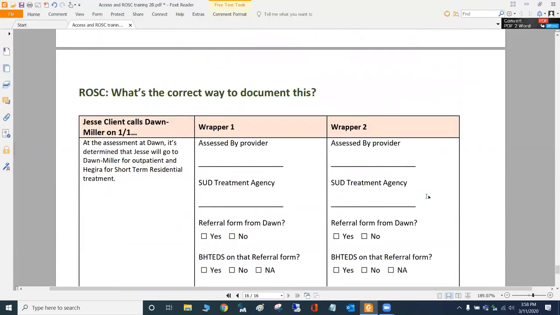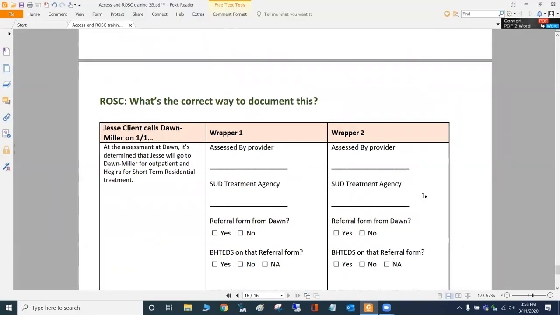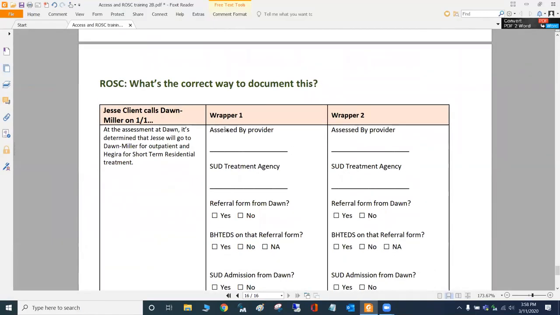This last page is strictly a ROSC situation. So CMH access, you don't necessarily need this unless someone is telling you you do. Did you guys have a chance to look at this one in your 5 minutes? Well, with that silence, I have to just assume you did. So let's go over it. Stop me if someone needs time.